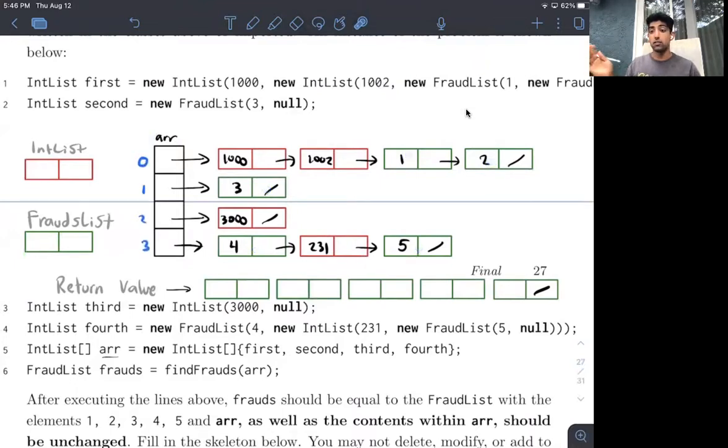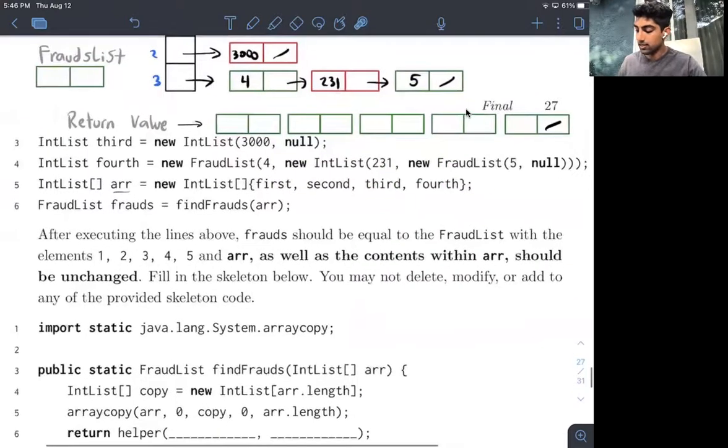All we have to do is find these FraudLists and put them in this new FraudList. The problem seems doable, but the trick is how in the world we can iterate through all of these elements, given the scaffolding that is there. But I'm getting a bit ahead of ourselves, so let's look at the rest of this paragraph.